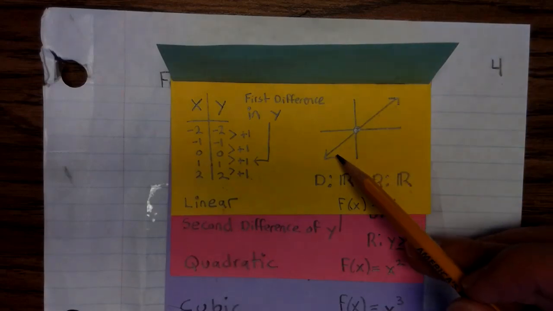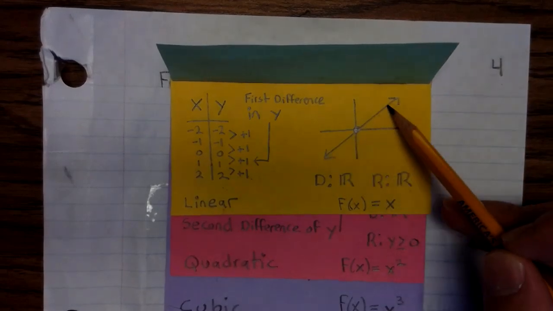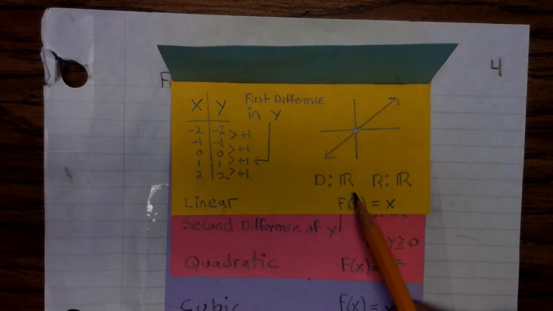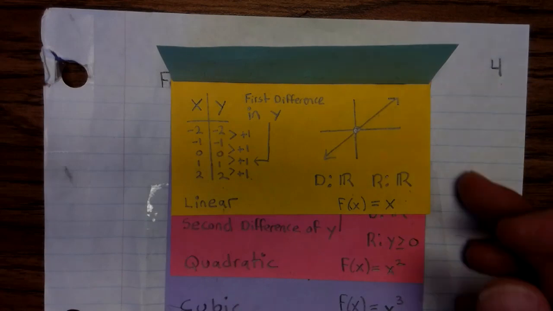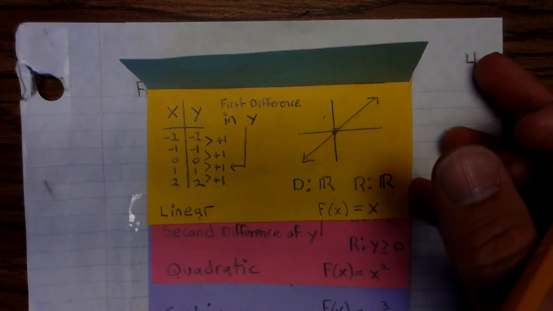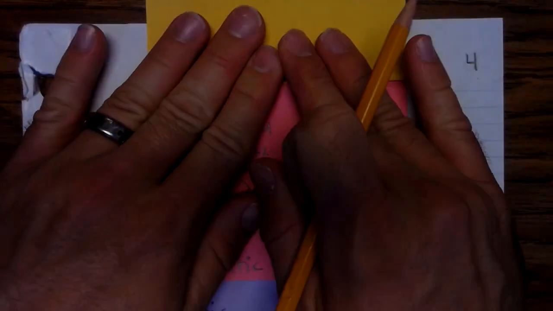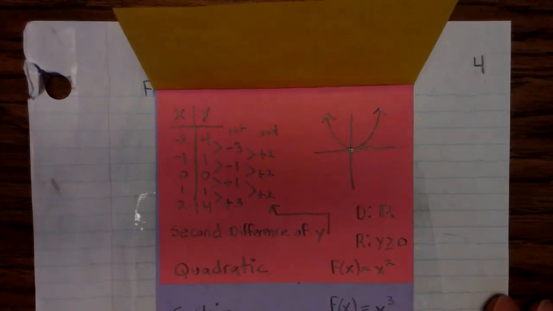Okay. The graph of a linear function is this. The domain is all real numbers, the range is all real numbers, and the function is f of x equals x. So if you would update the linear parent function. All right, so now let's look at quadratic. All right, so in quadratic,